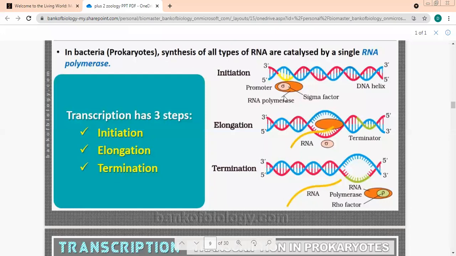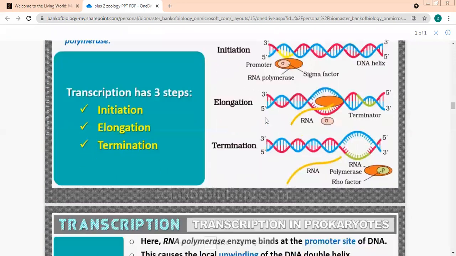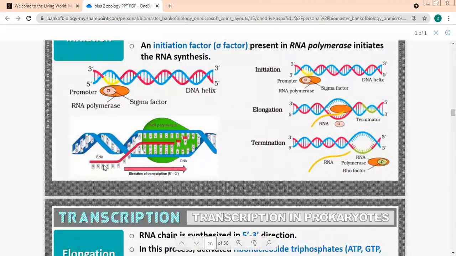We had this factor, sigma factor, which bound to the initiation site, because of which unwinding took place. And because of this factor, the process of RNA synthesis has already started. Now elongation, because more bases are being added up over here. This is elongation. The chain is becoming longer. If you see, the RNA which is being synthesized is getting longer. So we call it the elongation process. This is continuing from here. It has reached here.